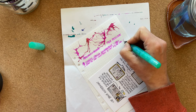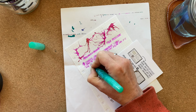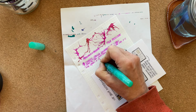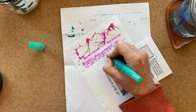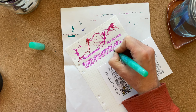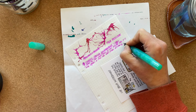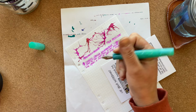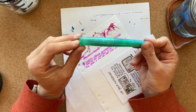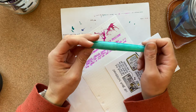It is very legible in this nib and flows extremely well. You will see an unboxing video for this pen on Wednesday, so it's already up on here if you're not on Ko-fi,